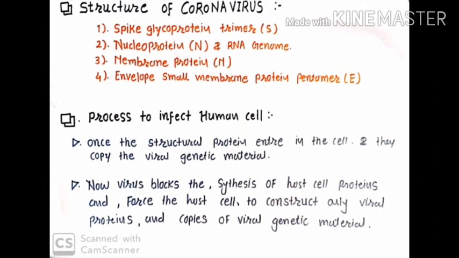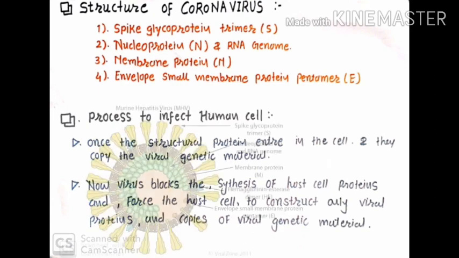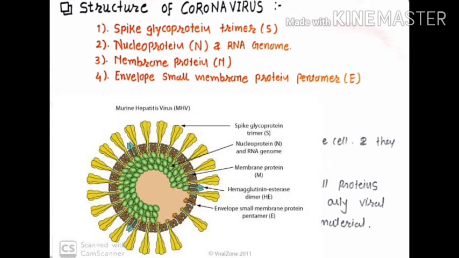See the structure of a coronavirus. Here you can see in the image the crown-like structure, known as the spike glycoprotein. It is basically a trimer. After that, on the inner side, you can see a nucleoprotein. Around this nucleoprotein, membrane protein is observed, and the membrane protein is surrounded by a protein known as the envelope